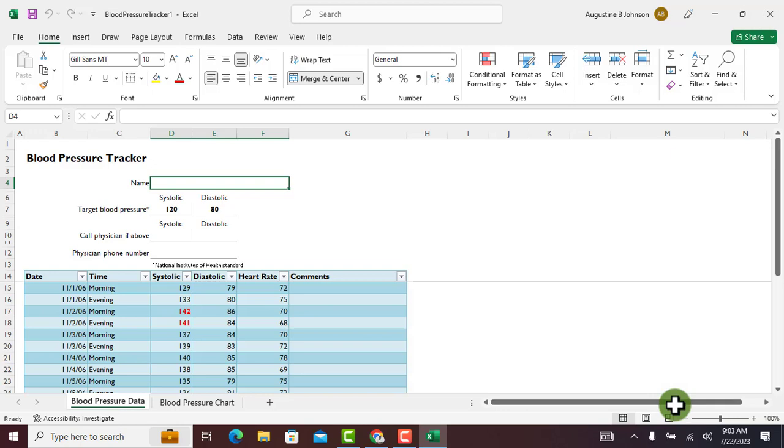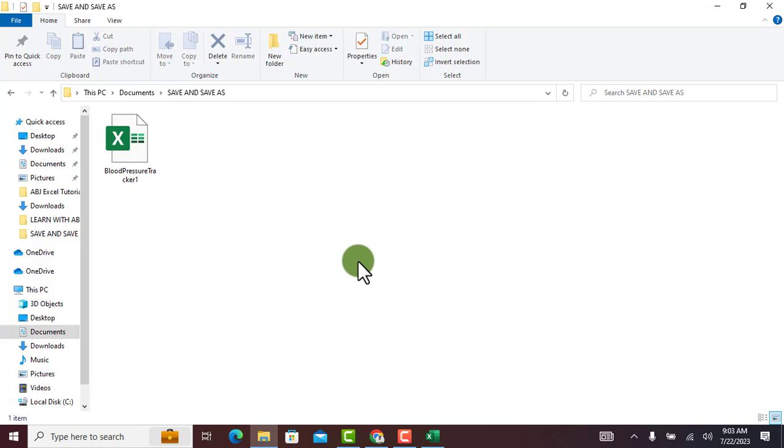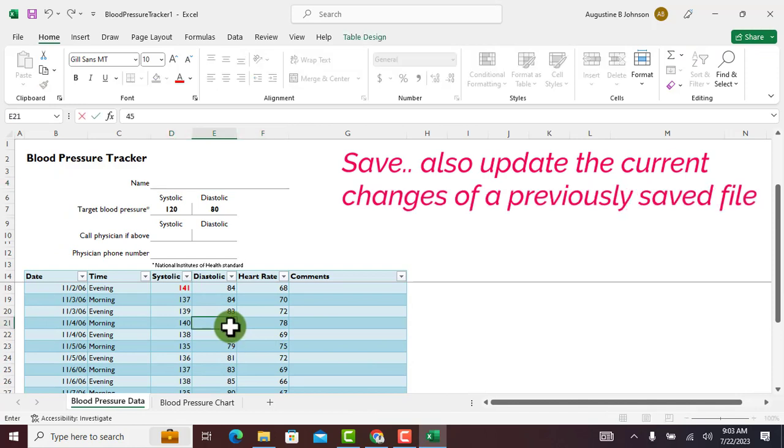We'll click save. Now remember we created a folder in documents called save and save as. So we locate that folder: documents, save and save as. So as you can see, when we use save, we save the document with the default file extension, which is the Excel. Now, if we come back and make any changes, like we add 45